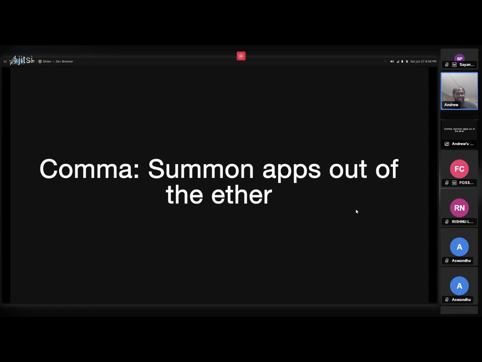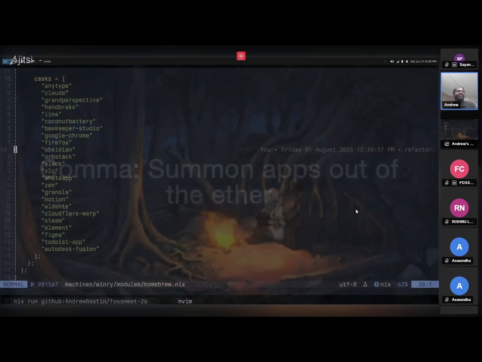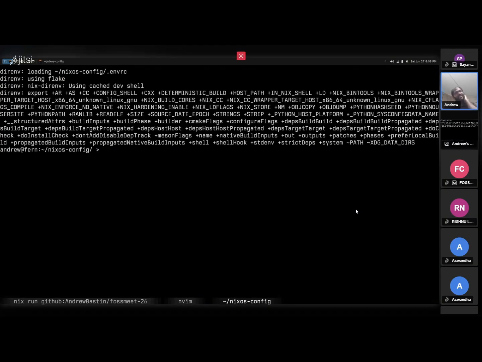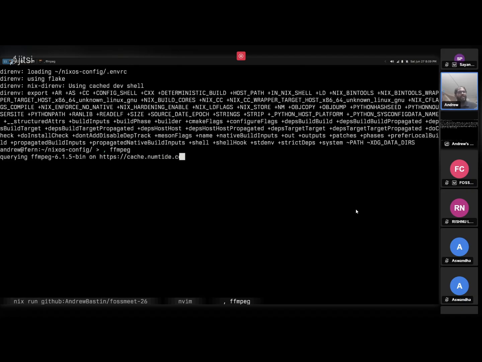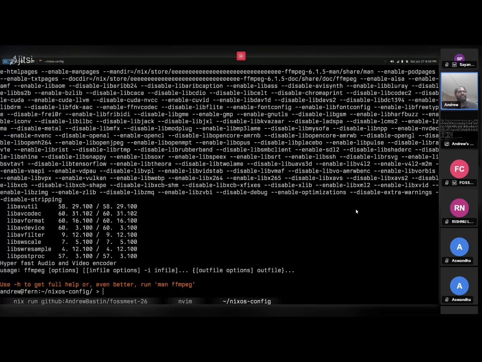Then a really cool thing that is a very NixOS thing, and hopefully the last thing to showcase, is something called comma, which is kind of a shortcut for nix shell. If I know the name of the app that I want, I can quickly summon it. I just need to say comma before it. For example, if I don't have something on my computer, like LibreOffice Calc, or mostly what I use it for is FFmpeg. I want to quickly convert a video. I can just say I want FFmpeg, and it will pull FFmpeg for me. Let's see how big FFmpeg is. Yeah, okay.